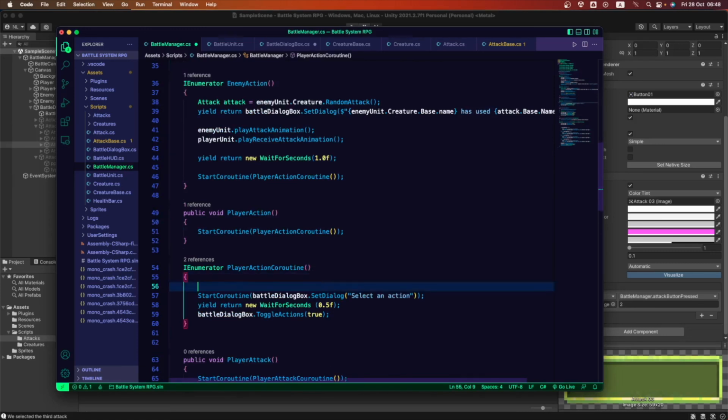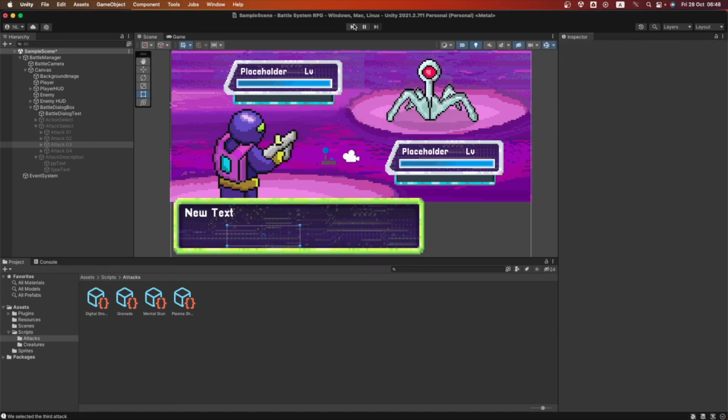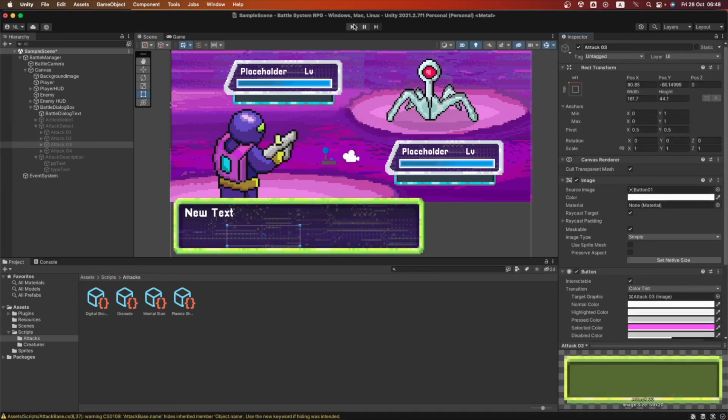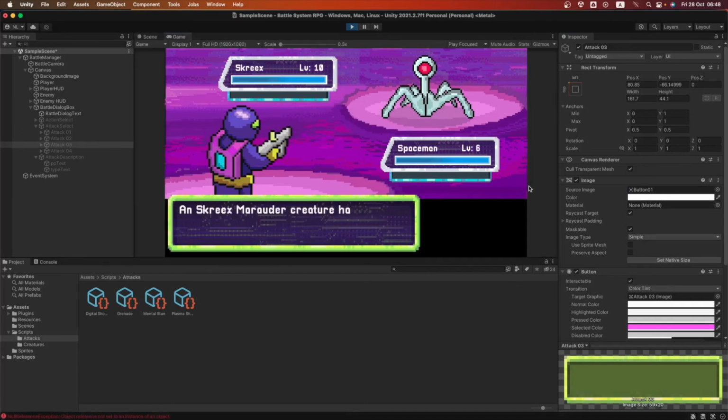Let's set it up right when we perform the player action. Right when we start the player action, we want to select that fight button again when the game loop is running. Let's save this and go back into Unity to see that our game loop is working without using the mouse, just with the keyboard or the game controller, whichever you want. Let's click play to see what's happening.